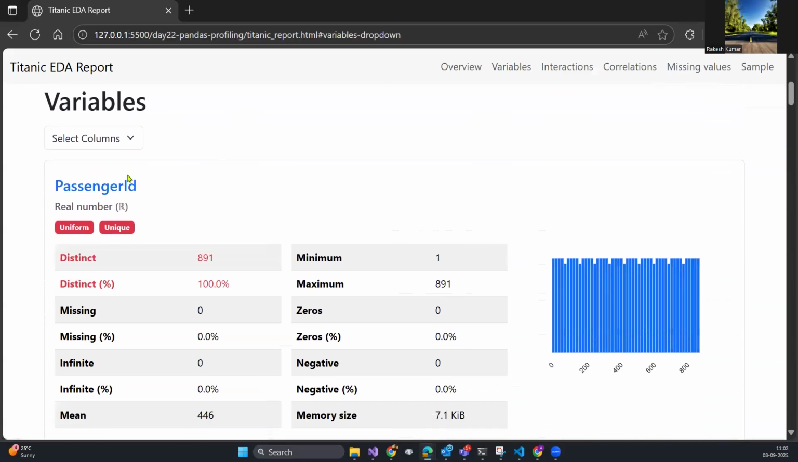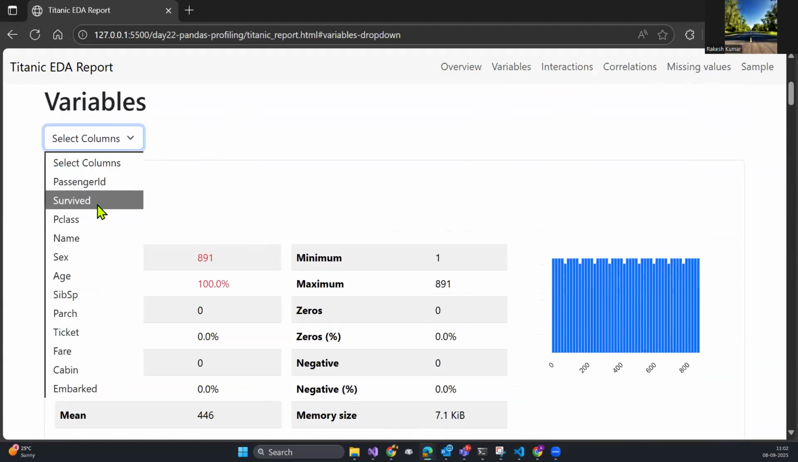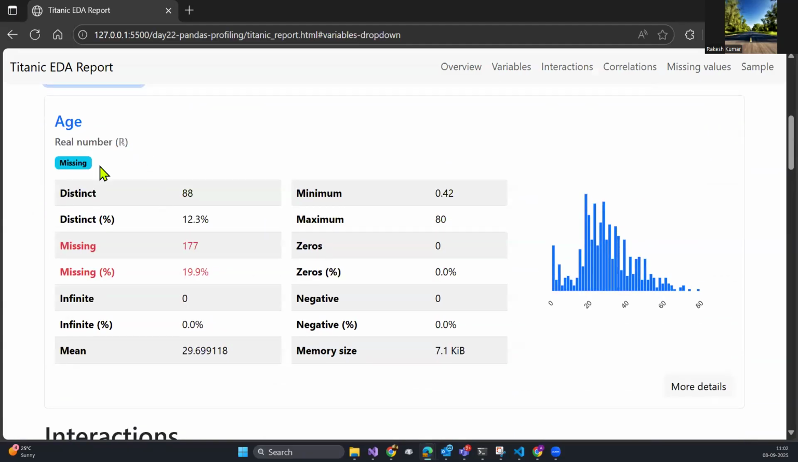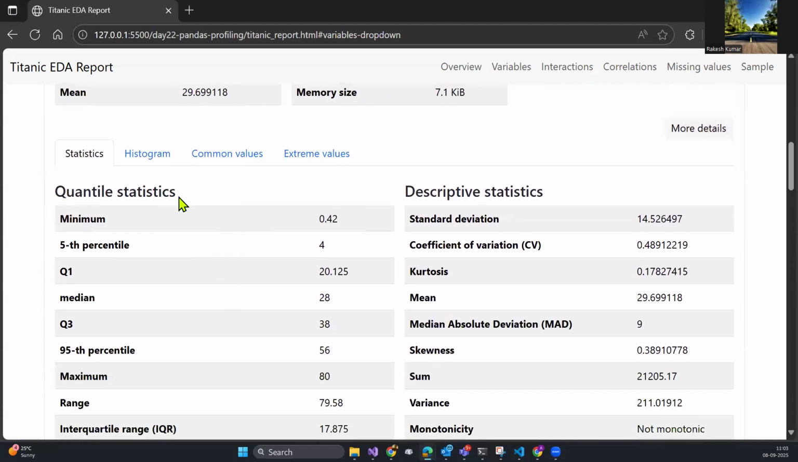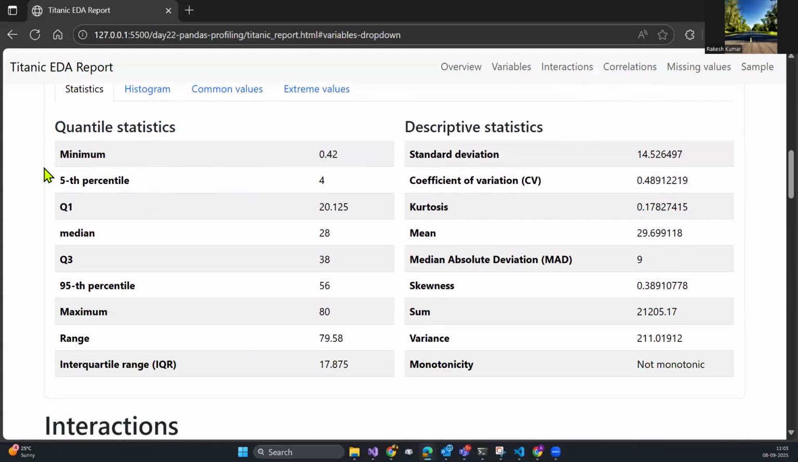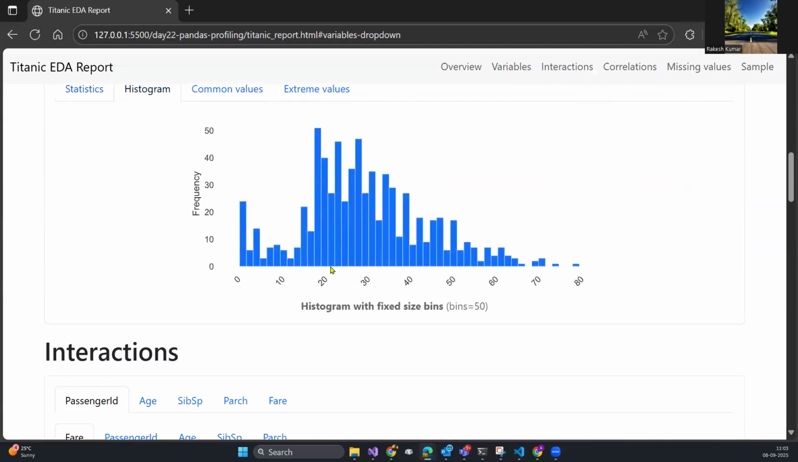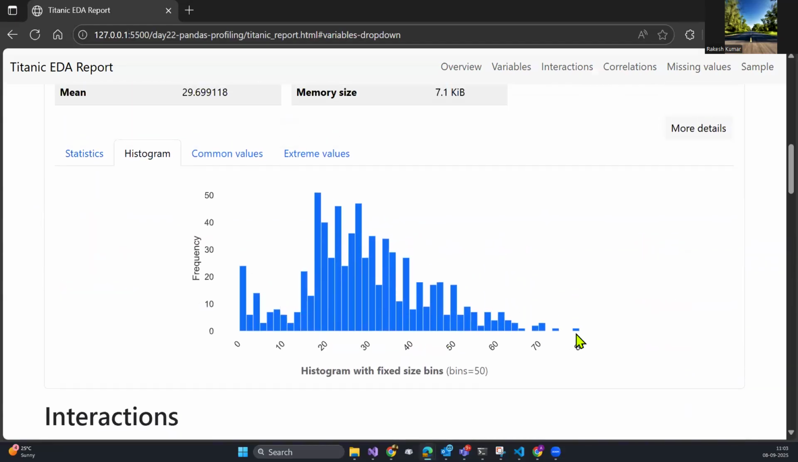Then moving to the variables, you will be able to see Passenger ID. Passenger ID is of no use. We can go for Age, right? So we can see this Age, all the minimum, maximum, missings, and we can do all this analysis. We will click on more details. We will get the quantile statistics and descriptive statistics of it. So minimum, maximum, 5th percentile, all those, and a histogram, you will be able to see a nice histogram,